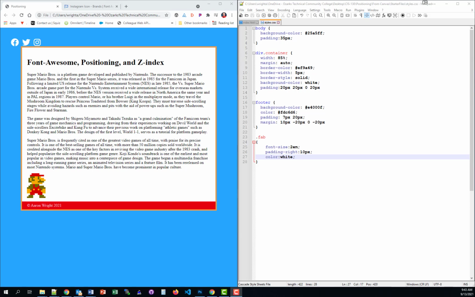All right, now we're going to look at positioning things on the page. And when we're using these positions, we're taking the element out of its normal flow and placing it somewhere else on the page. So we're going to take a look at a few different ones: the fixed, relative, absolute, and sticky. In this video, we're going to start off taking a look at fixed,